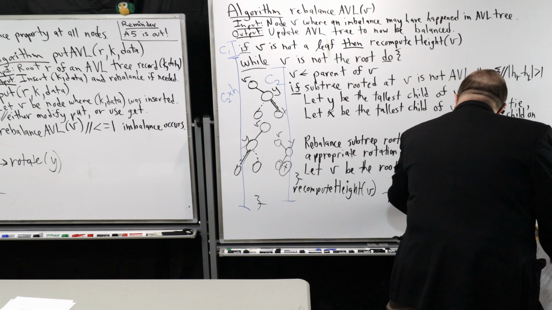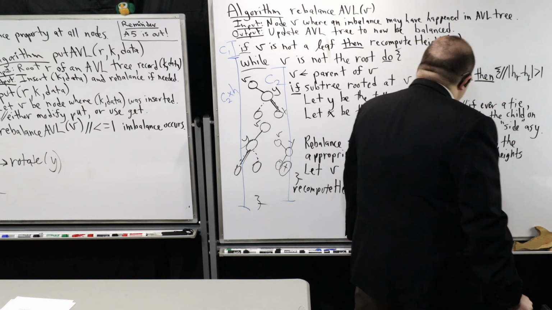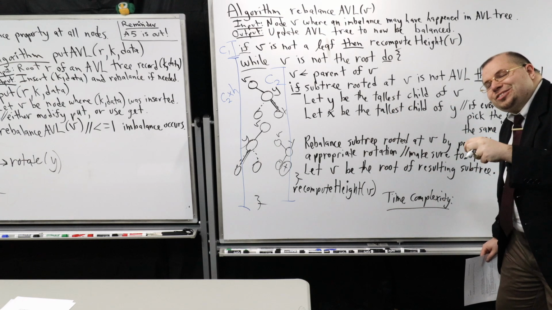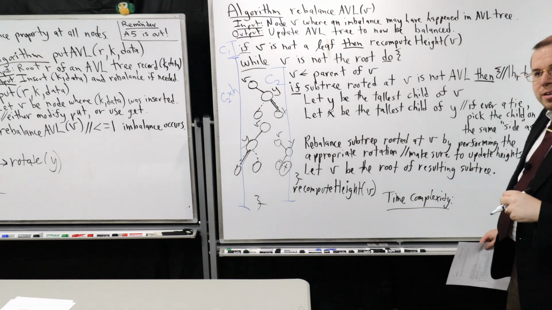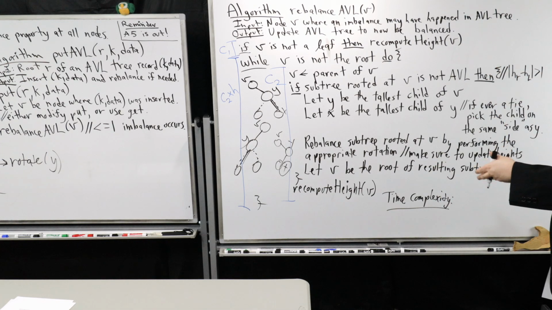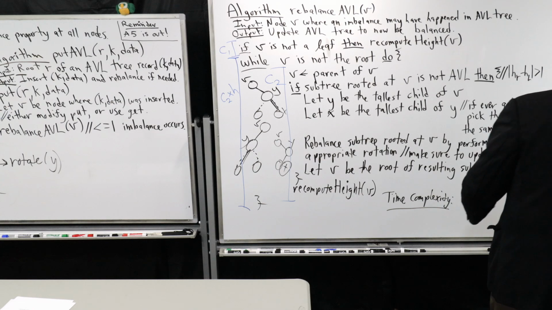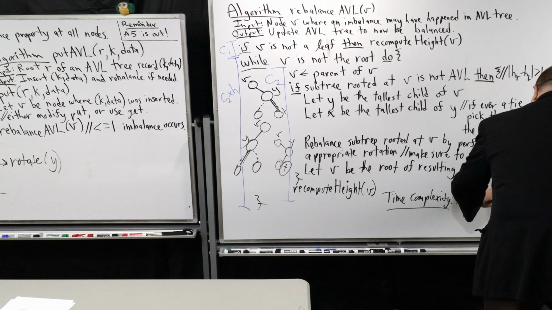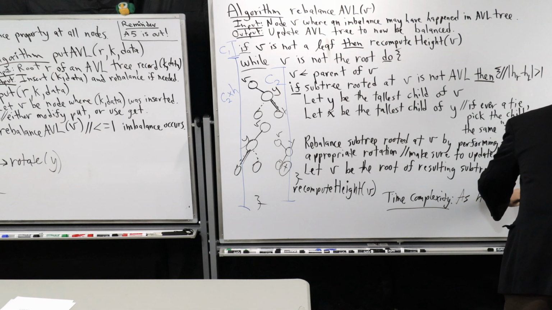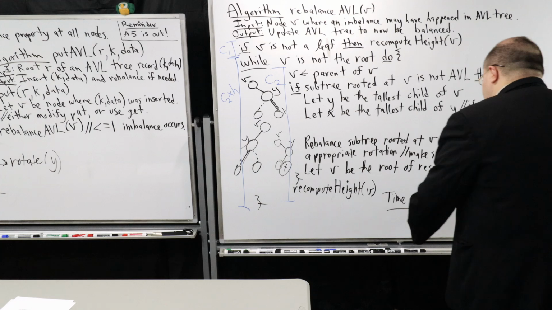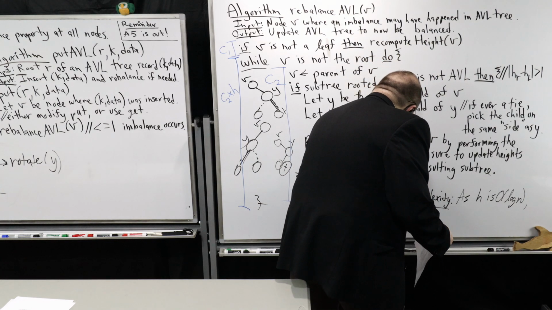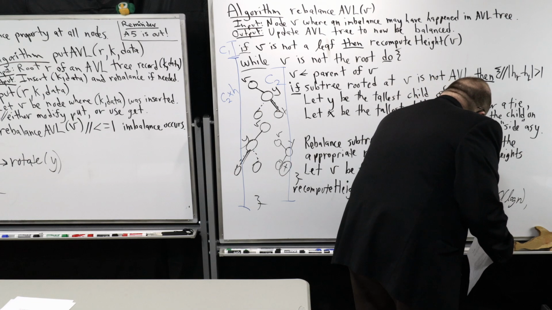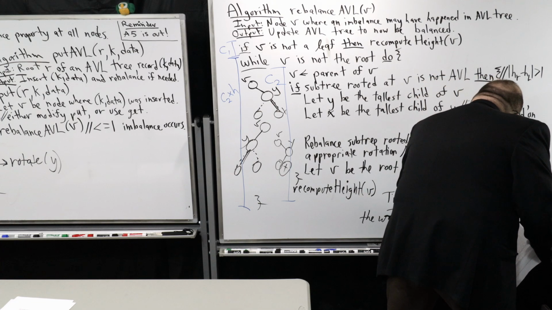So let's figure out what the worst case time complexity is here. Remember, the worst case is that it's just above one of the deepest nodes in the tree. It's an internal node where one of its leaves is the deepest node. So with that being said, as h is big O of log n, the worst case time complexity